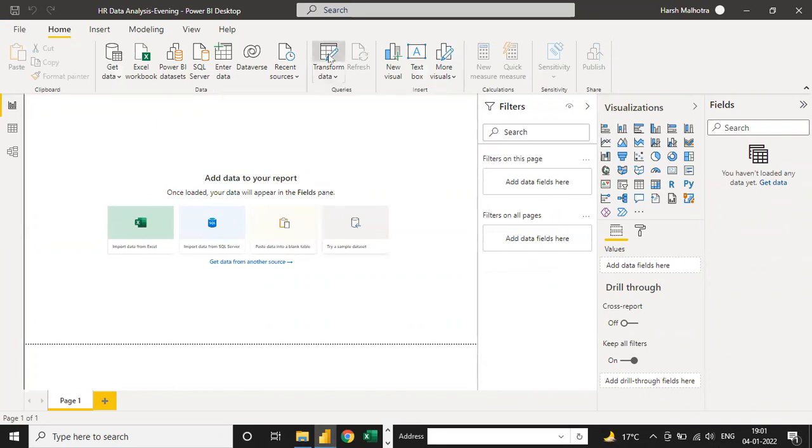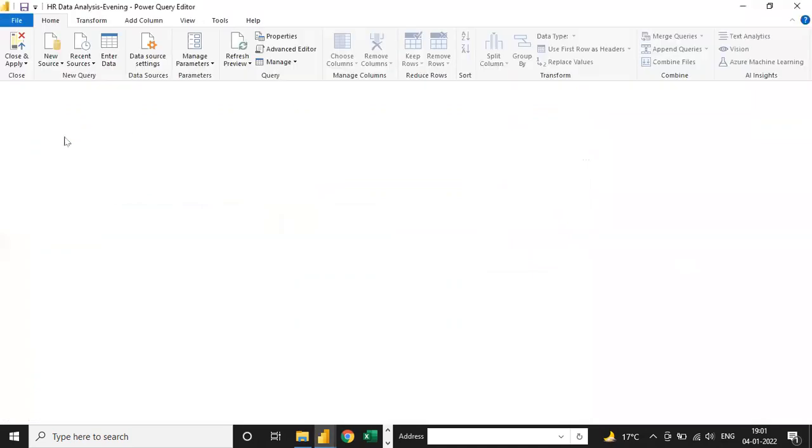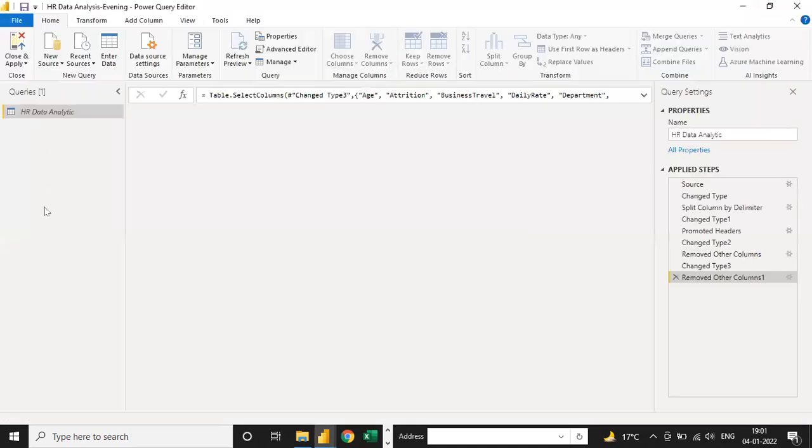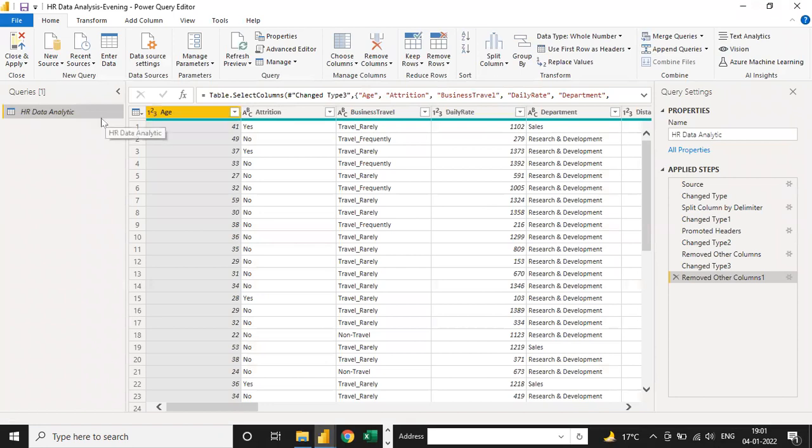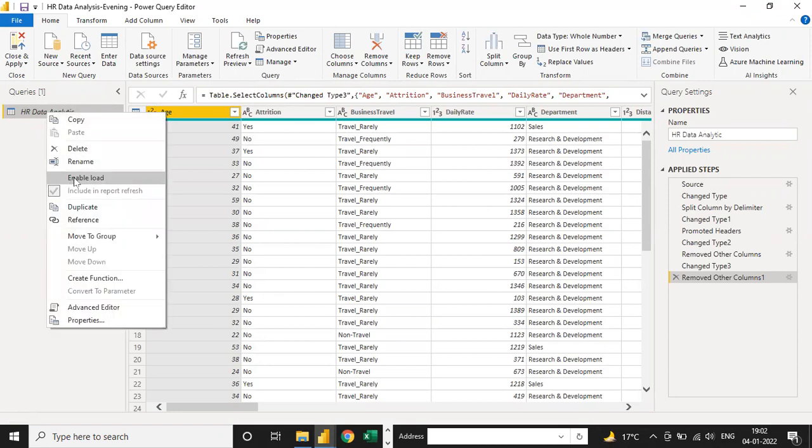So what is the impact of the enable load checkbox? Suppose you have a lot of files here, HR data, working file, some other working file, and you don't want to publish, you don't want to load all the files, you want only some of them. Like here we have 4 files, and you want just 3 files in Power BI view.